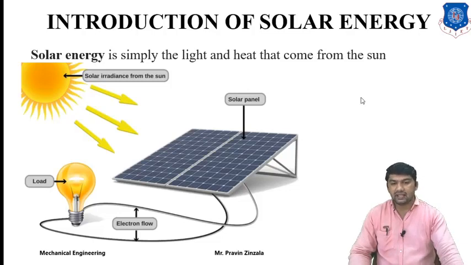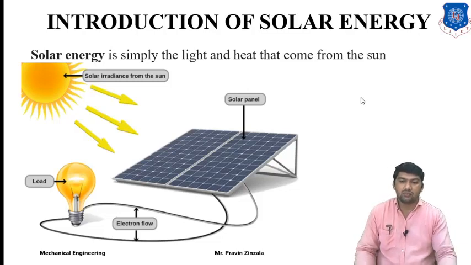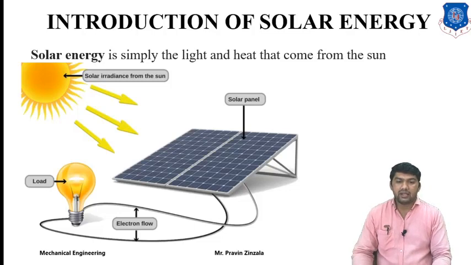We can also say that solar energy is received in the form of electromagnetic waves. Energy received from the sun in electromagnetic waves travels with almost constant intensity. Whenever energy is released from the sun, it travels through different mediums. First it travels through vacuum, then it enters the atmosphere, and then it is received on Earth's surface.